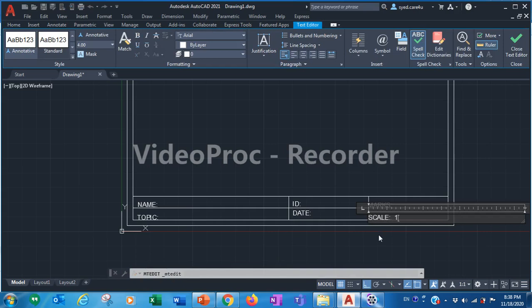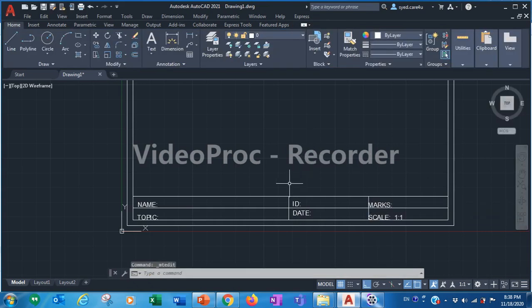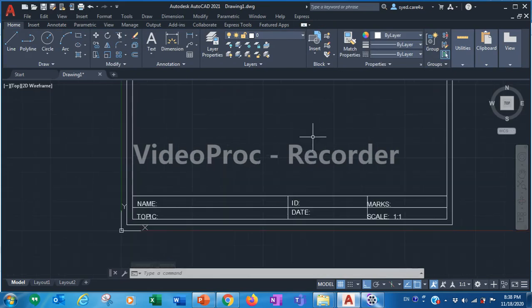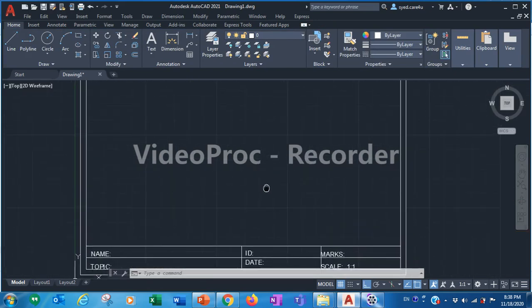Scale will be 1:1. Okay, so now here you have to write all your stuff. Now the sheet is almost ready.